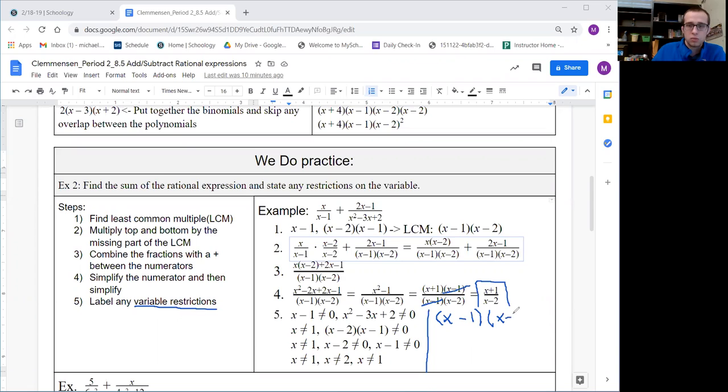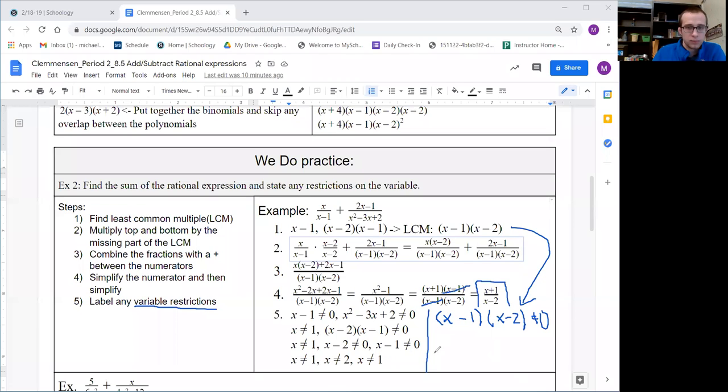Times x minus 2 does not equal 0. So if I had used my least common multiple in this case, I wouldn't have had to do this part right here, which really in the end isn't that much work, but it does save us a little bit of work. So I could have done it this way using my least common multiple down here,